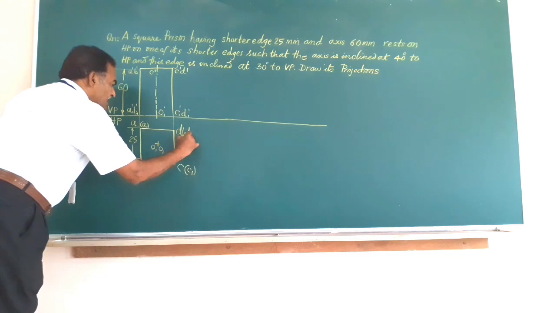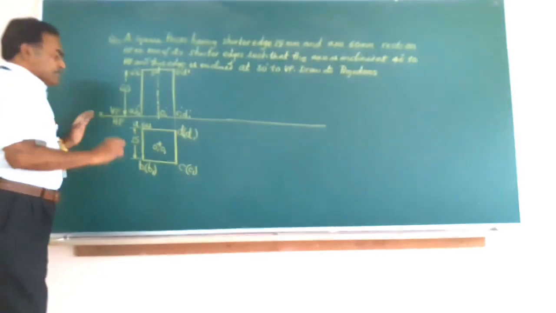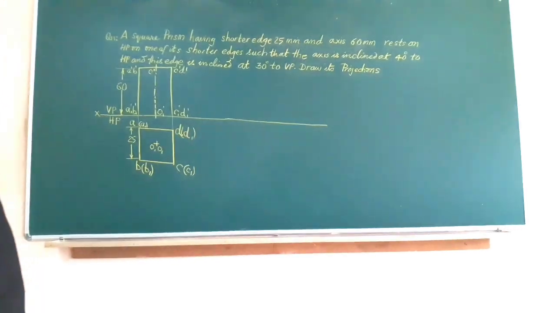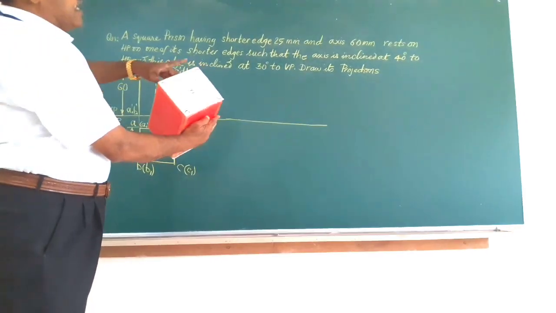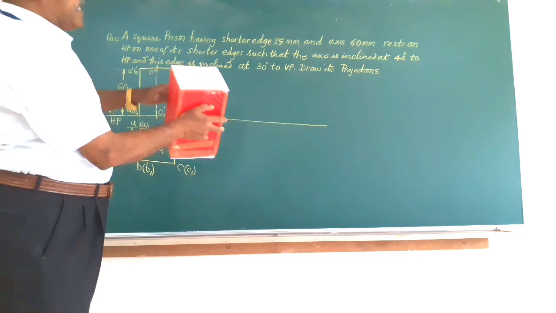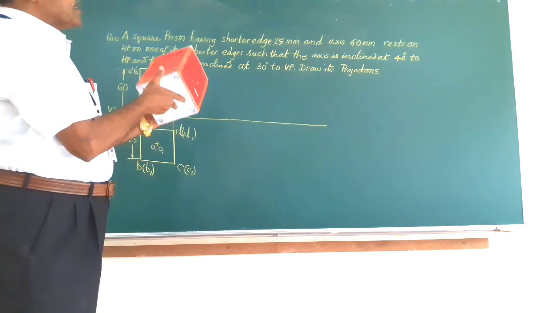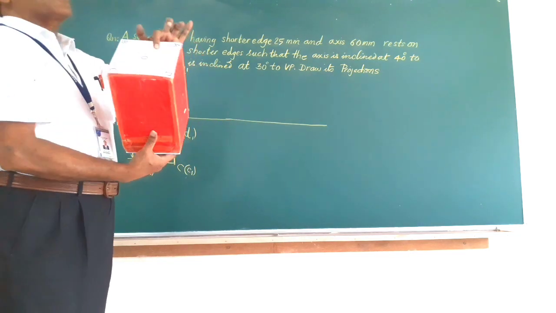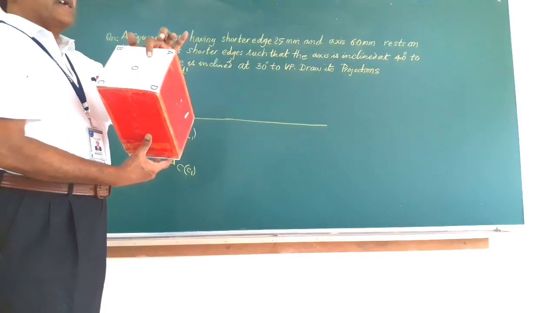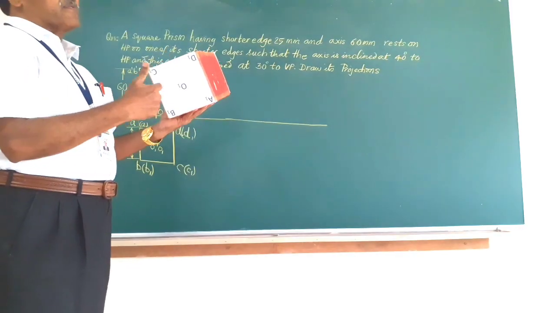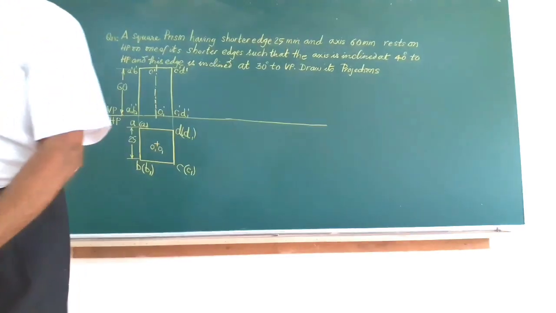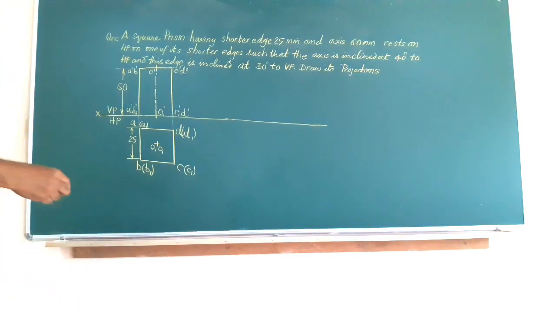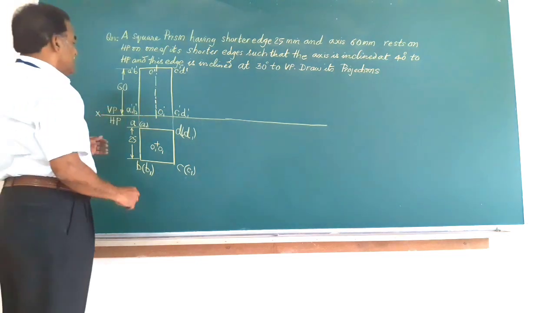You can just ask me why these are marked in the brackets. It's very simple. You can see friends here. If you take for example the point A or the corner A, corresponding A1 is covered by A. So you will be able to see only the top square face and the bottom square face is covered by the top, and hence we have shown A1, B1, C1 and D1 inside the brackets.